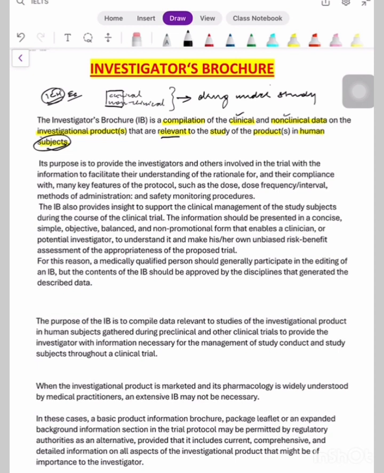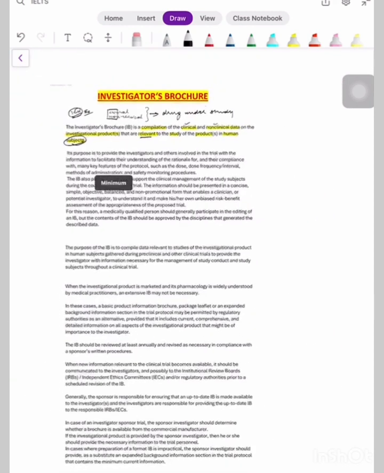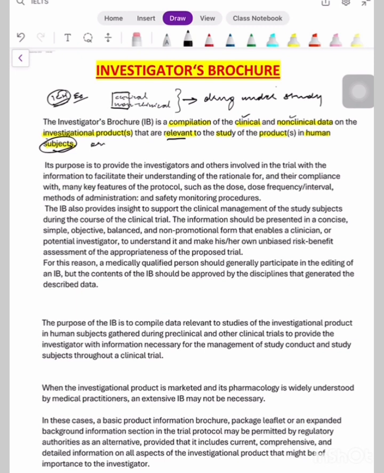It is given to the principal investigator to provide him or her with sufficient safety or performance data from preclinical and/or clinical investigation to justify human exposure to the investigational device specified in the investigational protocol. So for example, your drug has gone through preclinical trials and is now about to reach the clinical trials. The investigator who would be conducting the clinical trial would find this investigator's brochure, which would contain